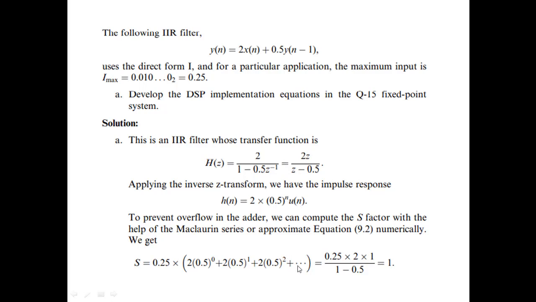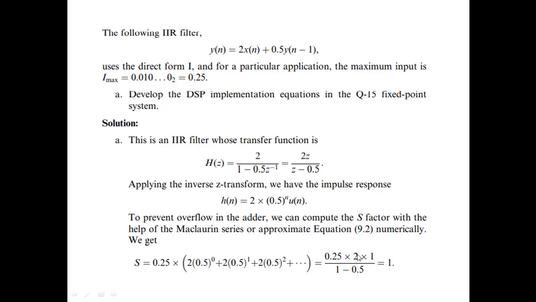Now we cannot keep on giving values for n up to infinity. So what we do is we use a geometric sequence for this infinite length sequence. What is the geometric sequence result we have? Summation n varying from 0 to infinity of alpha power n is 1 divided by 1 minus alpha. In our case, alpha is 0.5, so the summation of 0.5 power n is 1 divided by 1 minus 0.5.